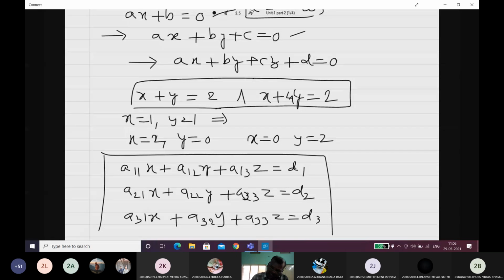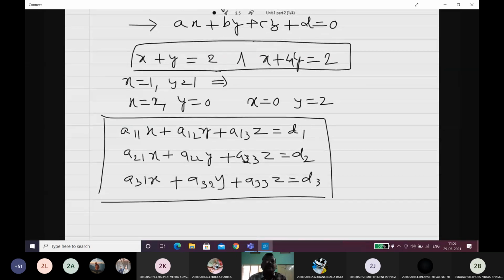In the lower sections, we find the solution of the system by reducing it into matrix notation, that is in the form of Ax is equal to B. A is called the coefficients matrix, X is called the variables matrix, and B is called the constant matrix. Using the matrix inversion method and Cramer's rule, we can find the solution for this system. We have already done this in the intermediate, I think. Is it right? Yes, sir. So using it gives the exact solution by the matrix method also sometimes.